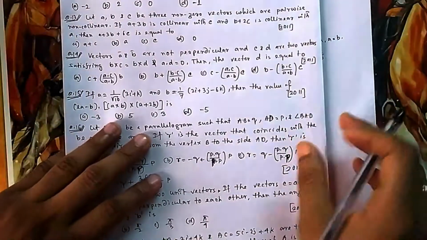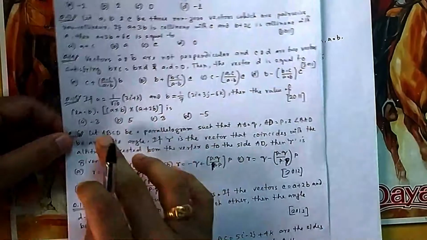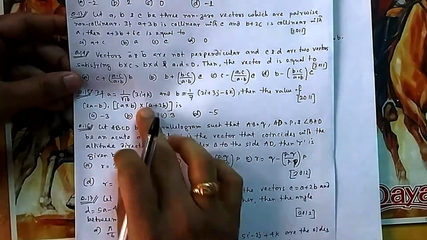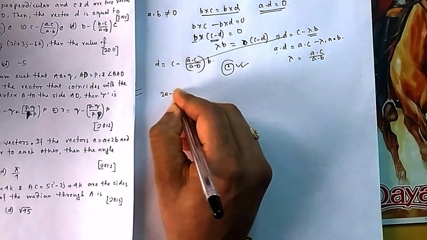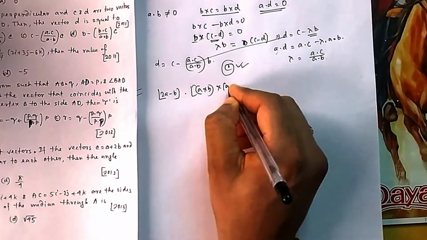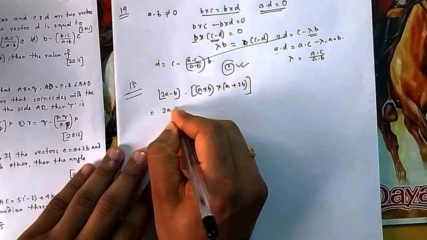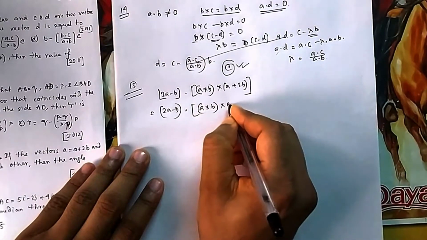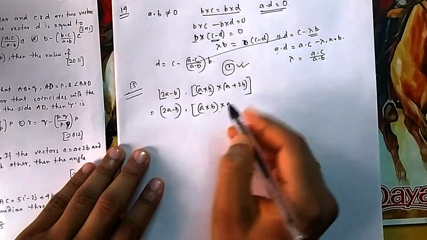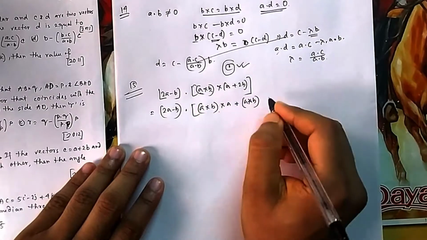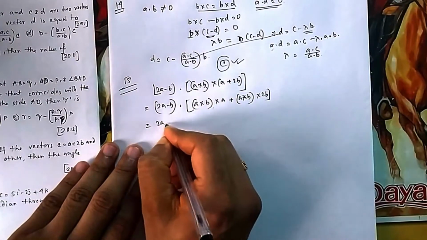Now if you come to question number 15, this is given A, this is given B, then the value of this. So this is easy. You can try it anytime, but before putting all these values, you try to simplify this one. Then your life will become a little easy. So (2A minus B) dot with (A cross B) cross (A plus 2B). So 2A minus B dot, and here you can open it. It will be (A cross B) cross A. You have to be careful about this order. (A cross B) cross A, then plus (A cross B), this is first, then cross 2B.